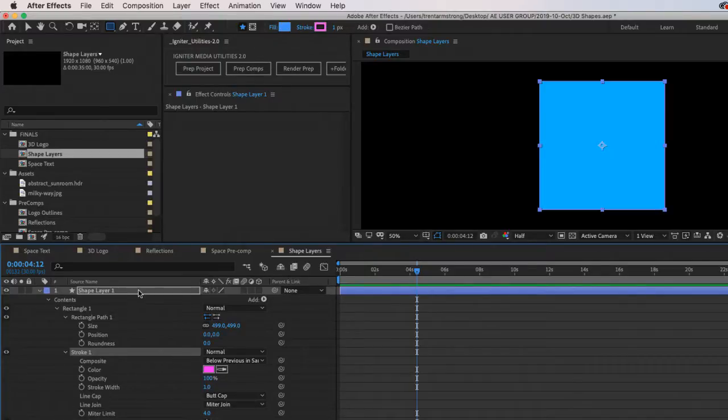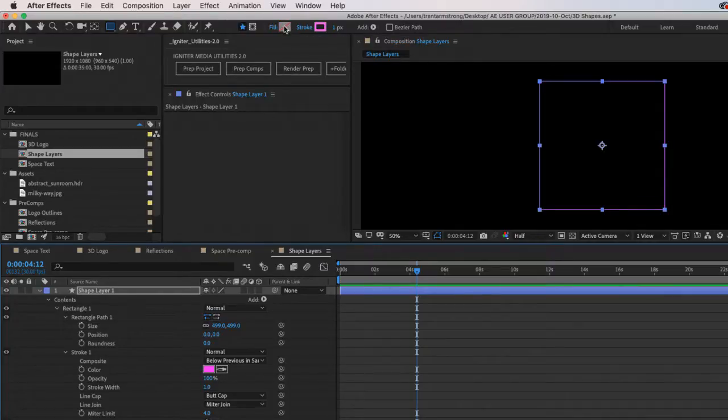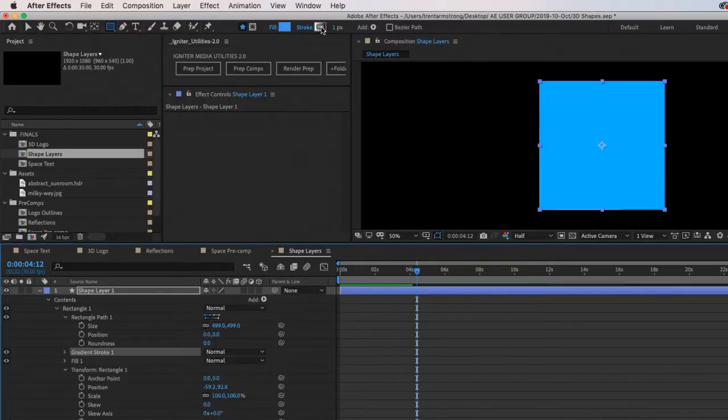Something fun I learned from John Ruiz a few years ago is holding Option or Alt, and you click in here, and it cycles through your solid color, gradient, linear gradient, radial gradient, and transparent. Same with the stroke. And you can see it's changing that down here as well.